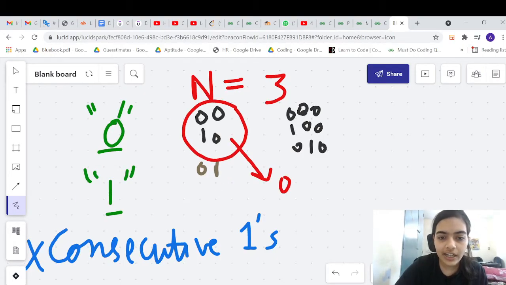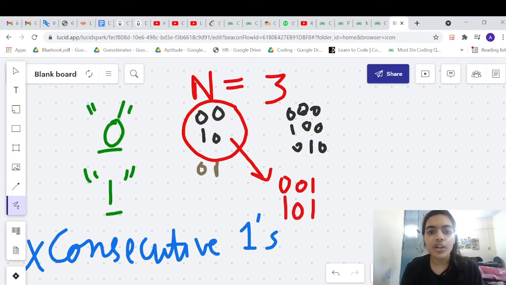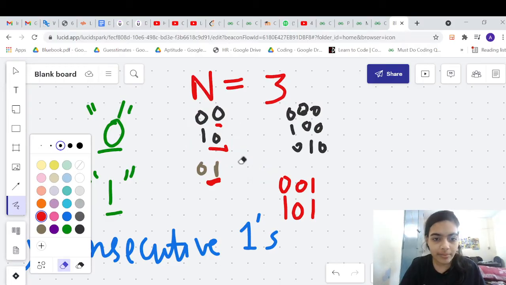Okay, and we can attach 1 to them freely, right? Because they will not cause any problem at all. They were ending with 0. If you attach 1 to them, it's not a problem because you will not get adjacent ones. But if you take a string ending with 1 and you attach 1 to that, that will cause a problem. Okay, so that's it. That is a simple logic.